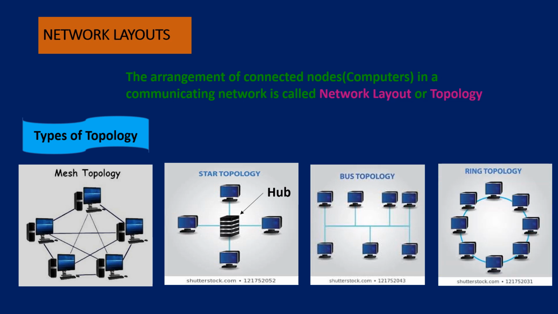And the last one is ring topology. In a ring topology, each computer is connected with the two computers on either side of it. Rings can be unidirectional, with all the messages traveling either clockwise or anti-clockwise around the ring, or bidirectional to transfer the messages.